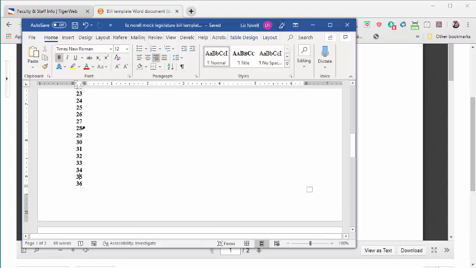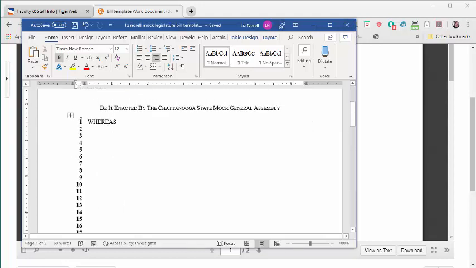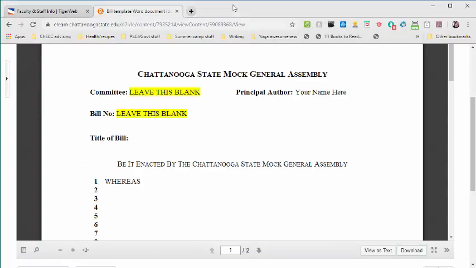Now I want you to notice that there are these numbers over here on the left. This is actually set up as a table, so you'll notice if I hit the tab button, it's going to come over here. There are two different columns here, and the line numbers are in a column by themselves. So we're not going to try to change those, and I'll show you what to do with those just a little bit later. So for now, I'm going to come back to my web browser,